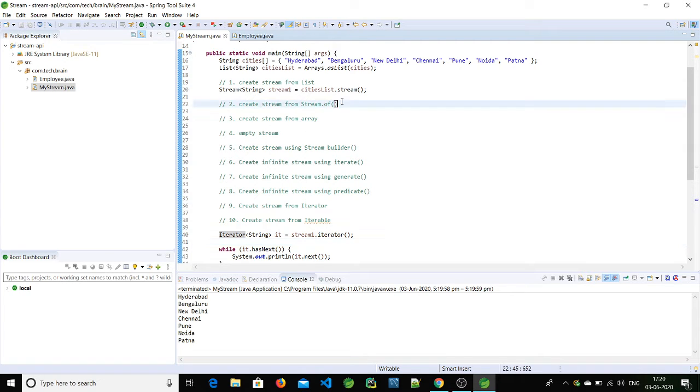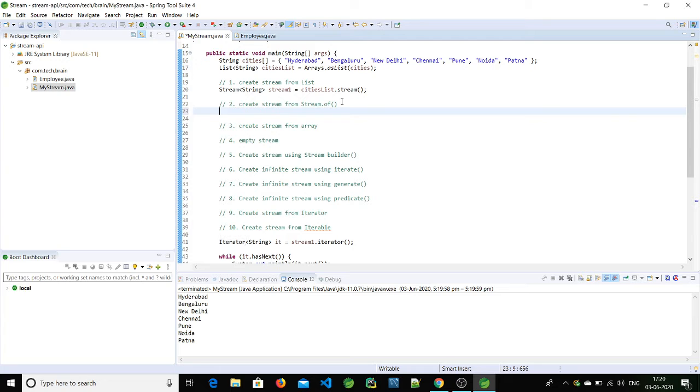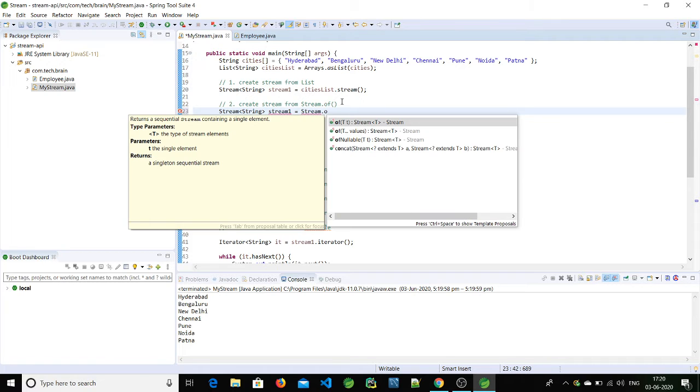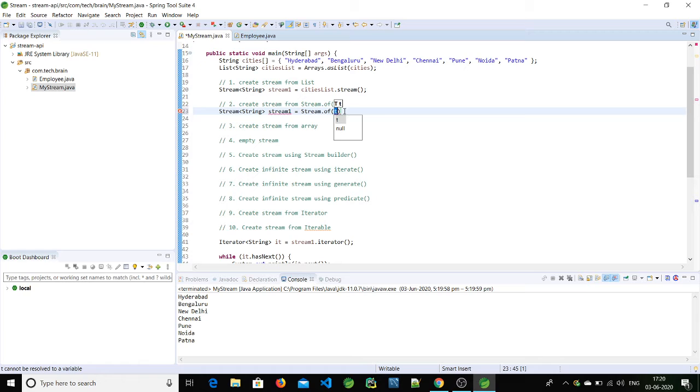The second one is by using the of method, that belongs to the Stream class. Let's copy paste the same as above. of is the method where we can pass the custom objects, whatever we want to create in the stream. So we'll pass them directly to this method, Stream.of. Whatever type we had defined here, that is string type, the same will be passed inside that. I'm giving 3 values inside this, and let's rename this as 2. So now by using this of method also we can create a stream.